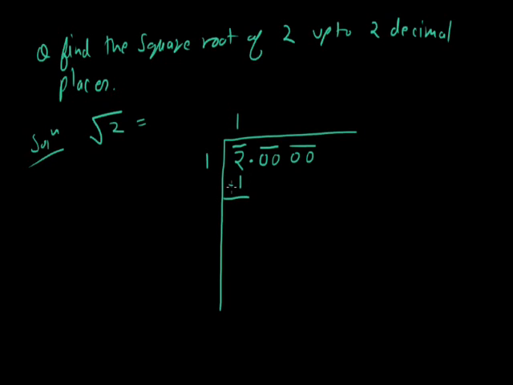Now 2 minus 1, 1 is left. Now after 2 there is a decimal point, we have to put decimal here, and after the decimal there is next period, that is 0 0. We have to copy the next period. Now here in 1 I have to add 1. So 1 plus 1, that is 2 with a blank.